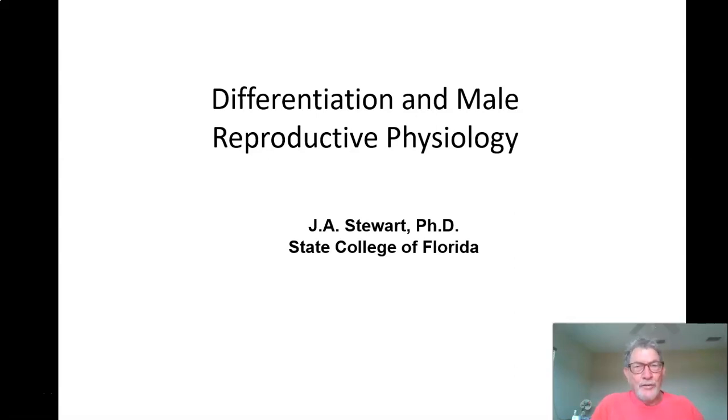We're now in the last of the systems. The reproductive system is going to be the final one for the semester. There are only 2 lectures, male physiology and female reproductive physiology, and that will finish off the course. Because there are just 2 lectures, and it would be awkward to have a reproductive test the day before the final, the questions for the reproductive system will be on the final exam. There'll be about a dozen questions on the final exam from these 2 lectures.